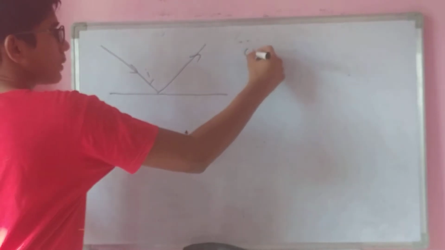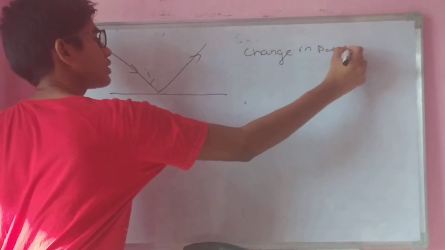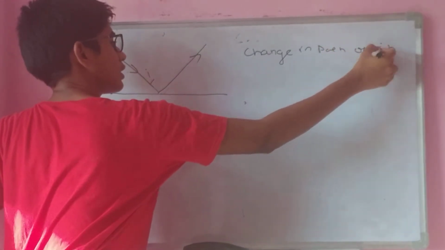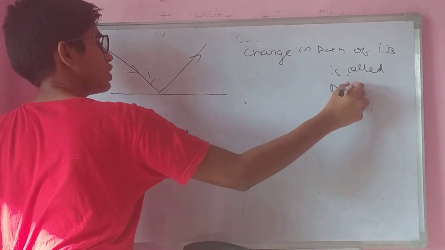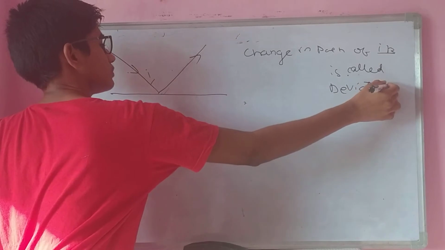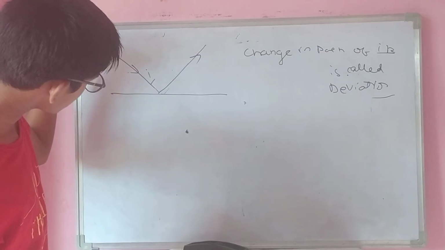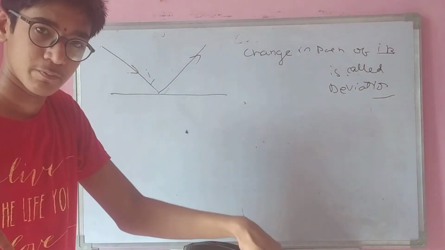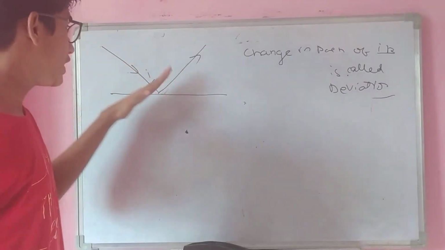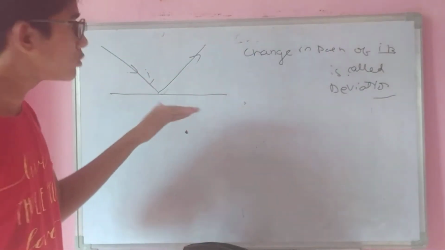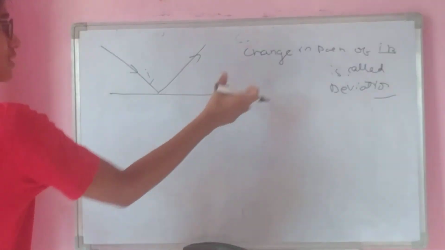This change in path of the incident ray is called deviation. Due to this plane mirror, the incident ray was generally going like this, but due to this plane mirror, it got deviated. It had to choose another path due to this plane mirror, right? This change